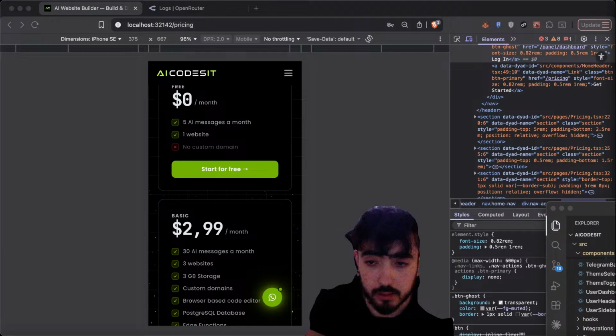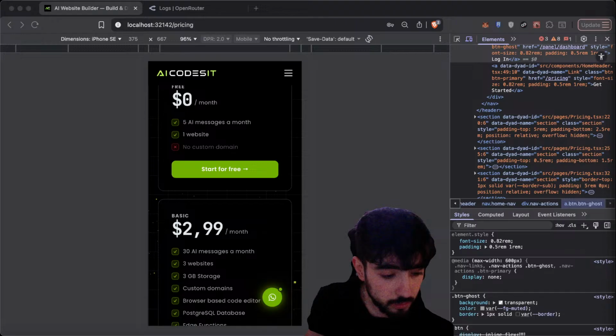So let me put it there. And here I have to go to this dash, then go to logout, login, AI codes it.